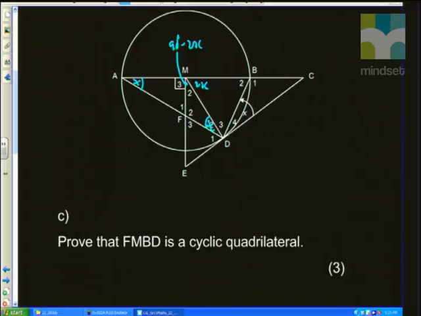Okay? So now, what we need to work out is that FMBD is a cyclic quad. Now, we need to find F. There is F here. Okay, FMBD. Right? So, in other words, can we draw a circle around there? All right? Now,